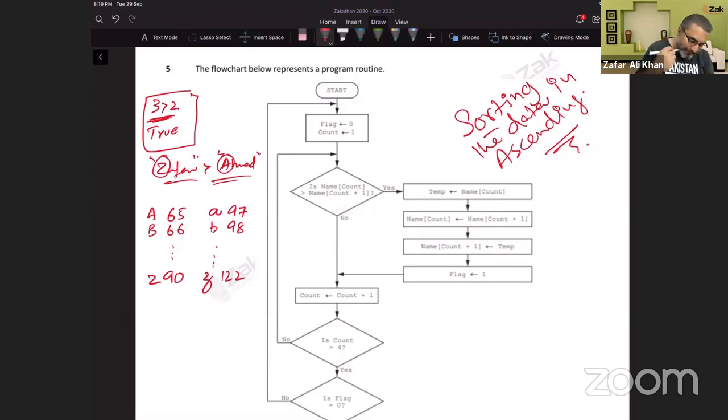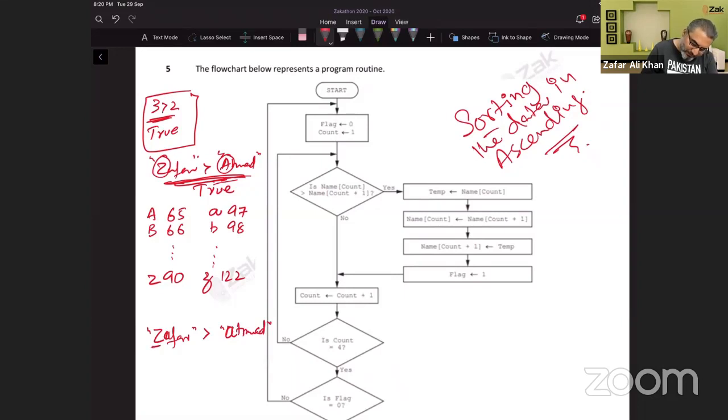So if it is capital Z and capital A, definitely it is true. But if it is capital Z greater than small Ahmad,